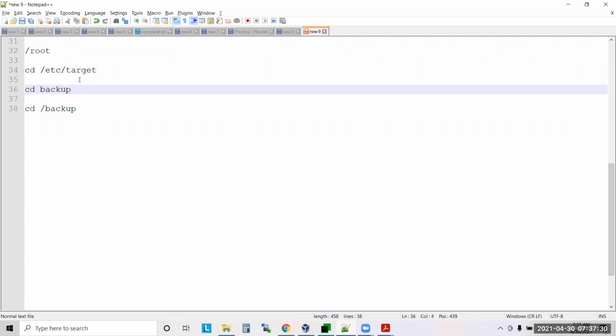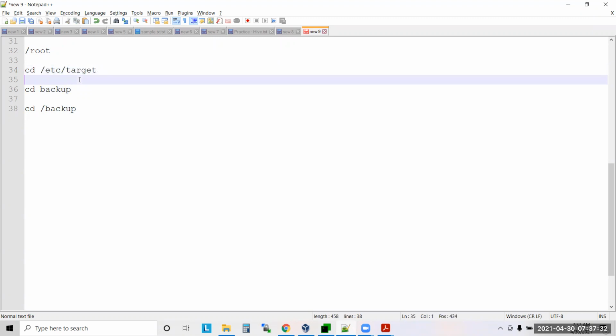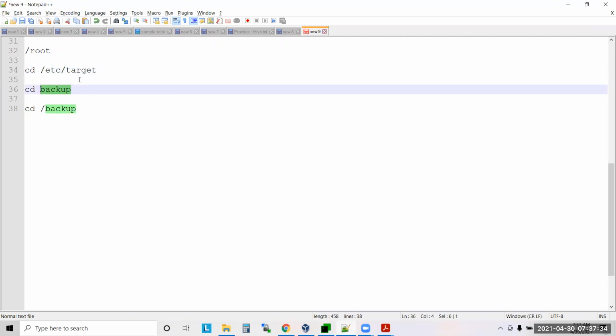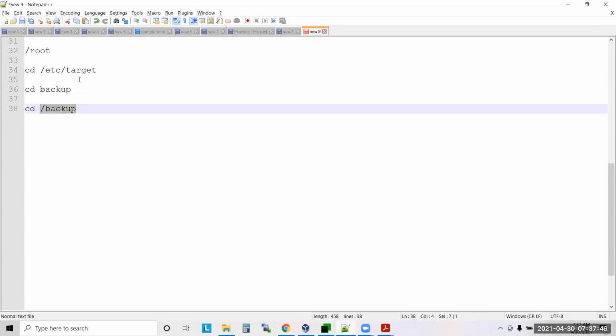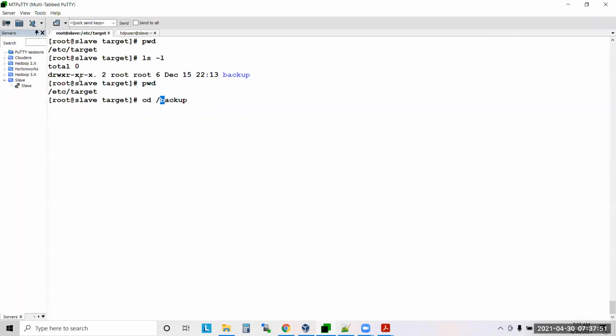Since you are not giving any path, it will take this path and continue from there. It means it will check for any backup directory under this one. But if you say cd /backup, it searches from the starting. So we need to be careful.